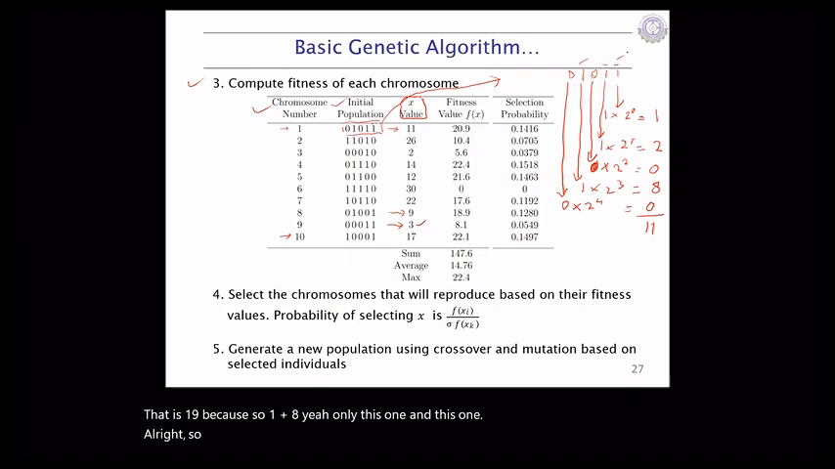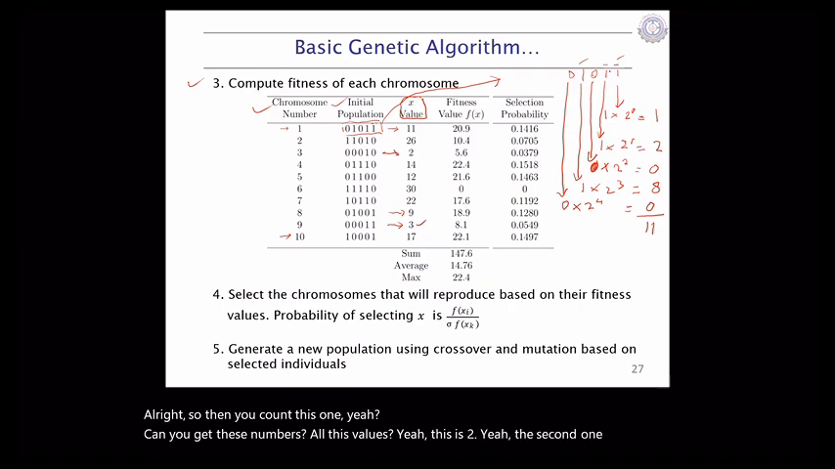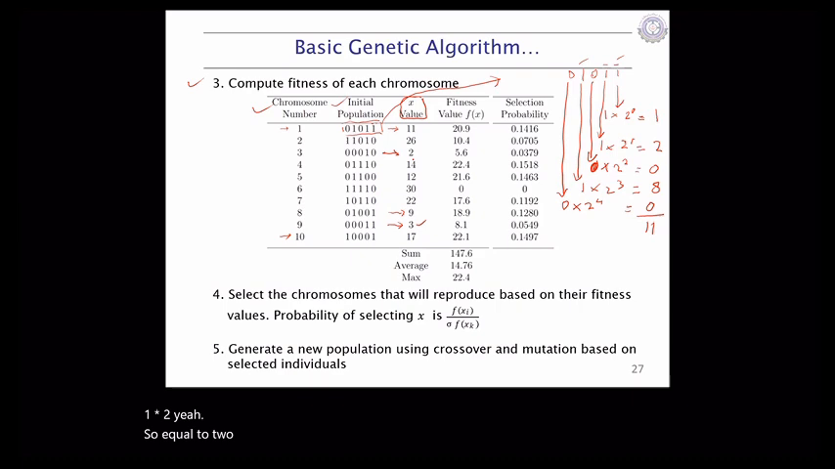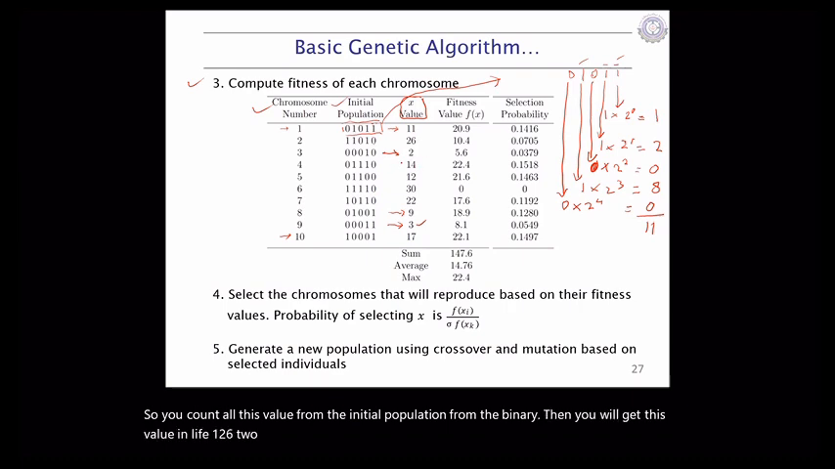Right. So then you count this one, and you get all these values. This is 2. The second one, 1 times 2 power 1, so equal to 1 times 2, so equal to 2. So you count all these values from the initial population, from the binary, then you will get this value: 11, 26, 2, 14,